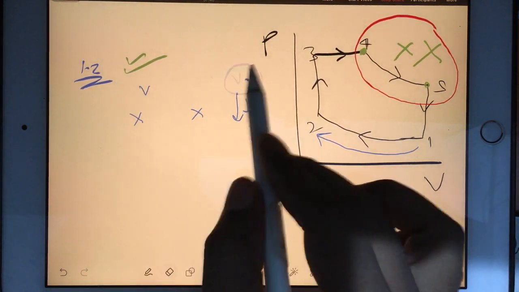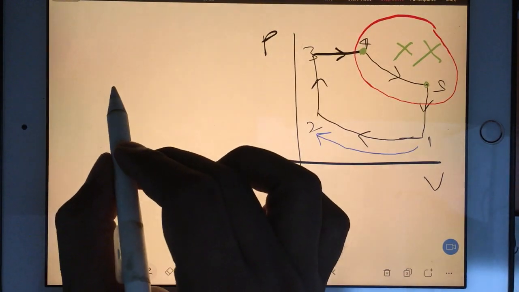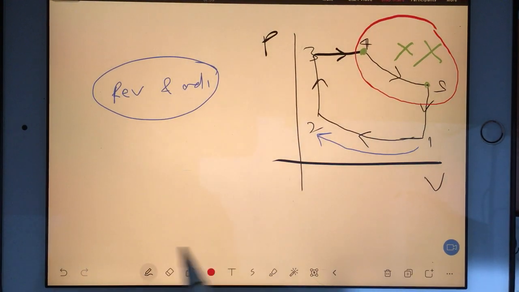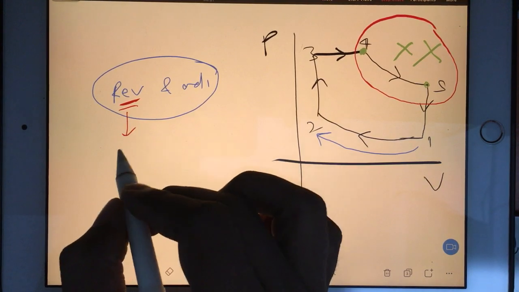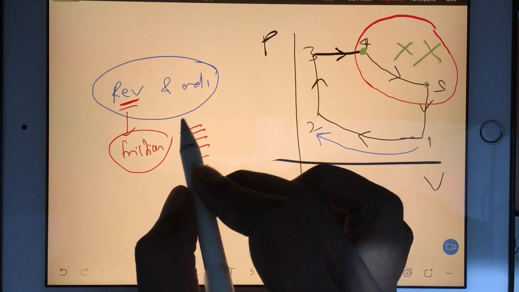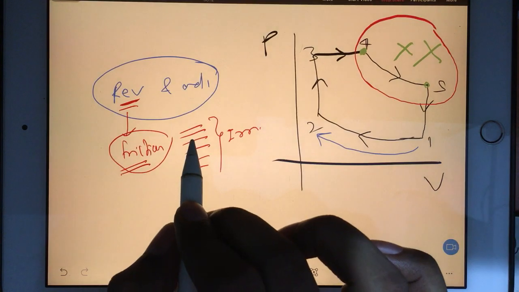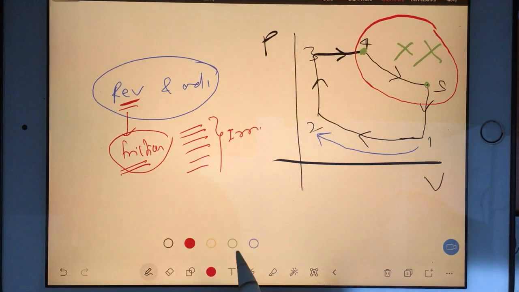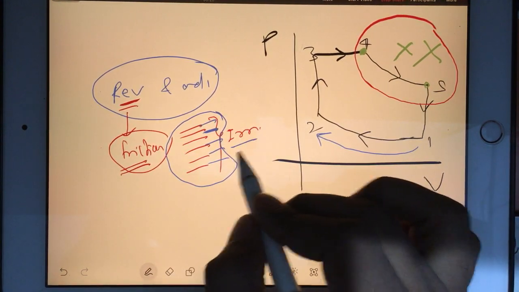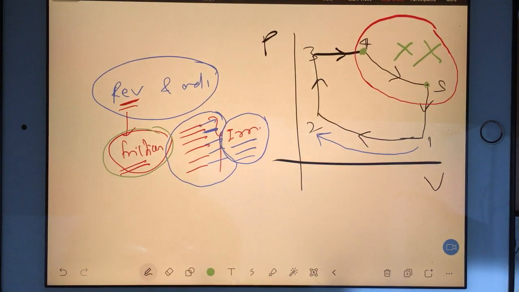And one more thing. Whenever there is written reversible and adiabatic, this is additional knowledge I am talking. See, reversible is just meaning that there is no friction. There are several causes, they can produce irreversibility in the system. Friction is one of them. Try to understand again what I am saying. There are so many causes, they can produce irreversibility in the system, and friction is one of them.